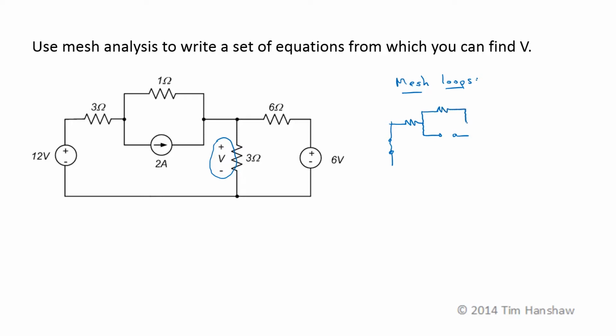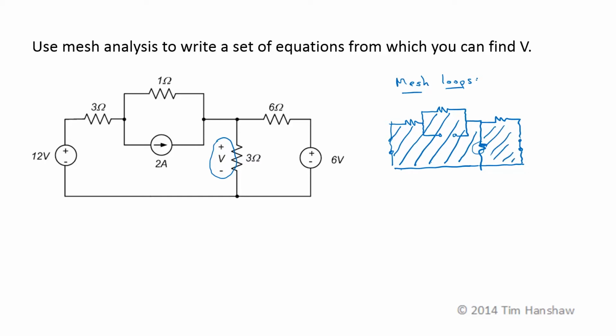This is a 1 ohm resistor, and there's this 3 ohm resistor here, another resistor here, and finally this other voltage source also becomes a short circuit. Now we're left with two enclosed non-overlapping areas. One that goes all around this outer section of resistors here and then through this 3 ohm resistor, the other